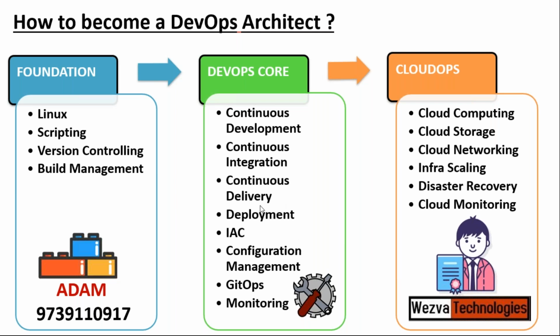For example, if you do a deployment, where are you going to do it? You're going to use a Kubernetes cluster. Now, where does Kubernetes run? In AWS, there is a service called EKS. So if you are also aware of how to manage an EKS cluster, how to create a cluster, how to scale it, and how to make sure that it is secure, then it is also going to help an organization.